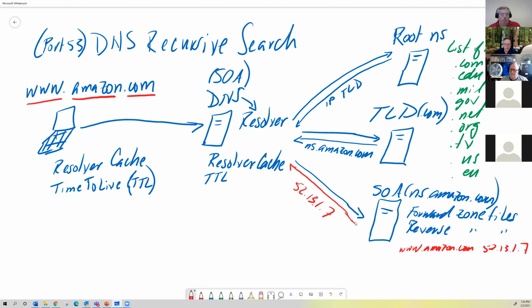Okay, now, when DNS gets this IP address back, it's going to put this IP address in the resolver cache. It's going to cache it, okay? And then it's going to give it back to me. Finally it gives back 52.13.1.7, and I'm going to store that in my resolver cache. And it's going to stay in my resolver cache. So if I go to